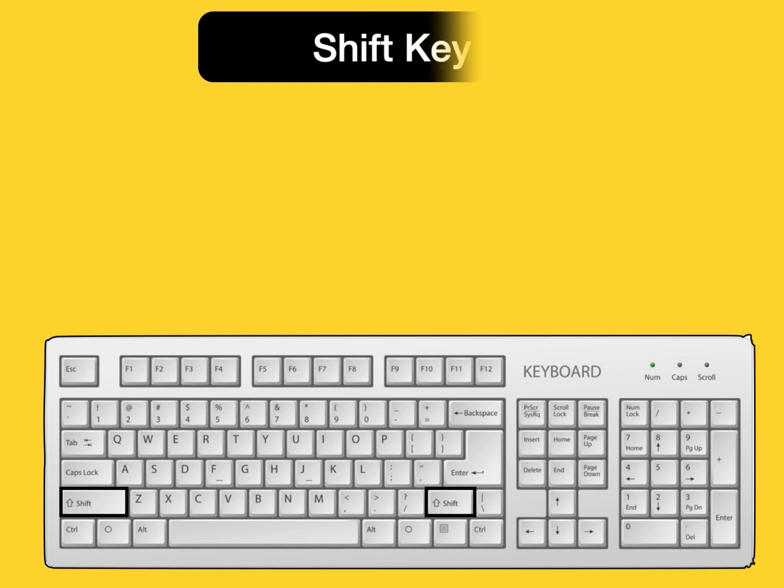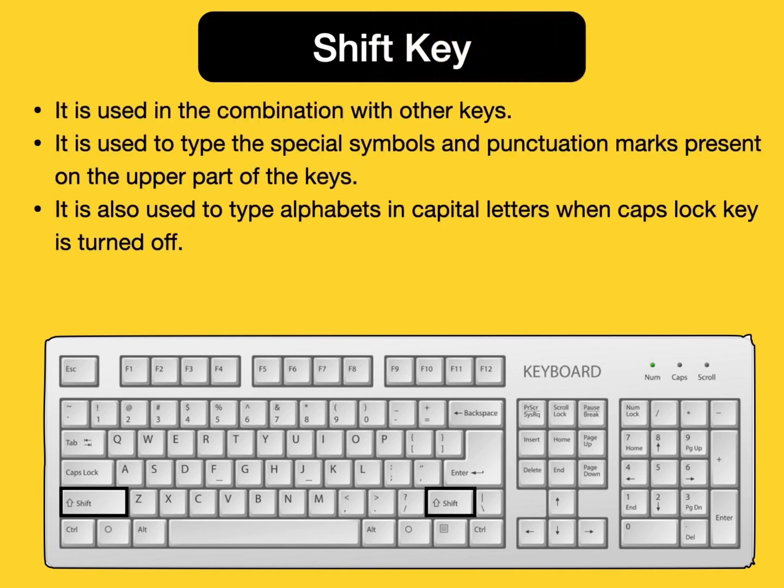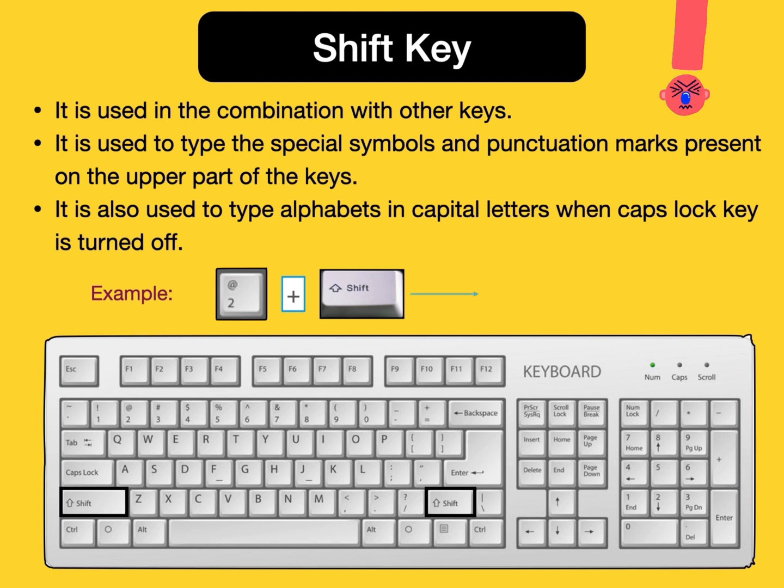Our next key is the shift key. The shift key is used in combination with other keys. It is used to type special symbols and punctuation marks present on the upper part of the keys. You all know that we have 14 punctuation marks like comma, semicolon, colon, hyphen, full stop and many more. And I think you all have noticed that we have these symbols or marks present on the upper part of